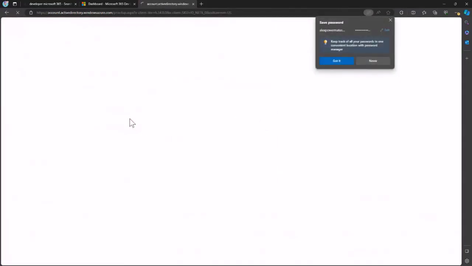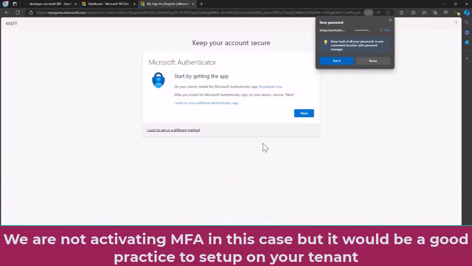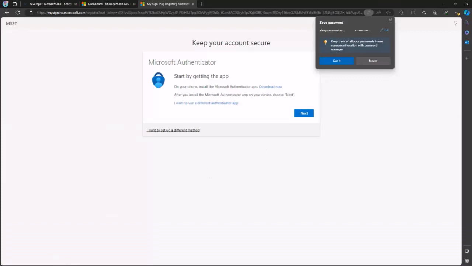Okay, if you want to use the subscription, sometimes it's going to ask you to activate two-factor authentication. For demo purposes, I'm not going to show how to activate the Microsoft Authenticator, but you need to install the application on your phone and connect with the application and so on to get everything set up and in place. So that is pretty much it, Gaston, on how to create the Microsoft developer plan. So now we have the Microsoft 365 developer plan created, and not less important, the E5